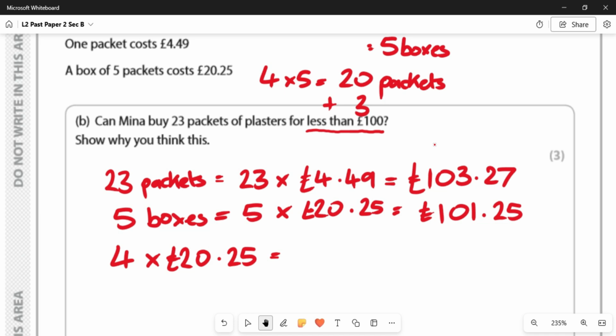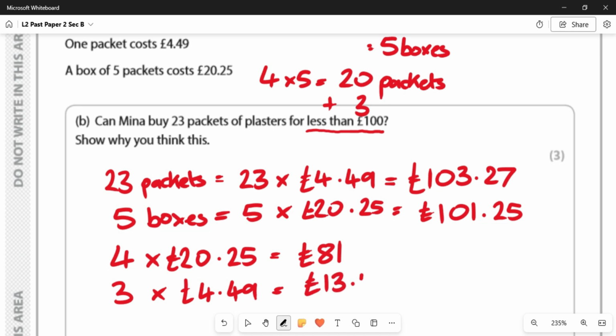4 times 20.25. Okay, that gives me £81. Yep. And 3 times, a single packet costs £4.49. So if I do 3 times £4.49, that gives me £13.47. So if I add these two together,